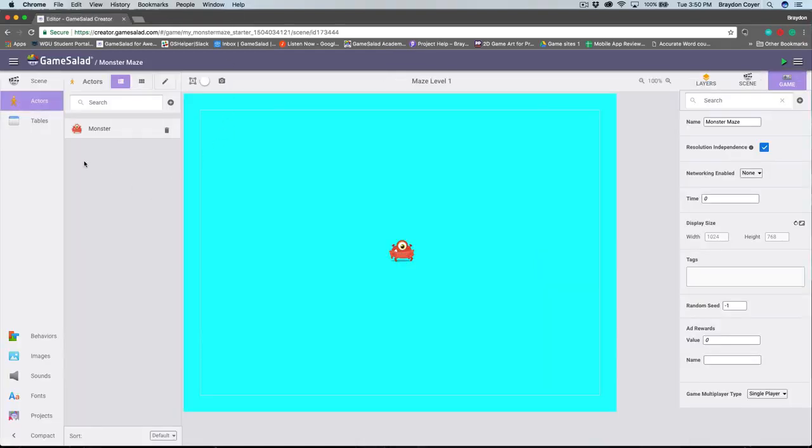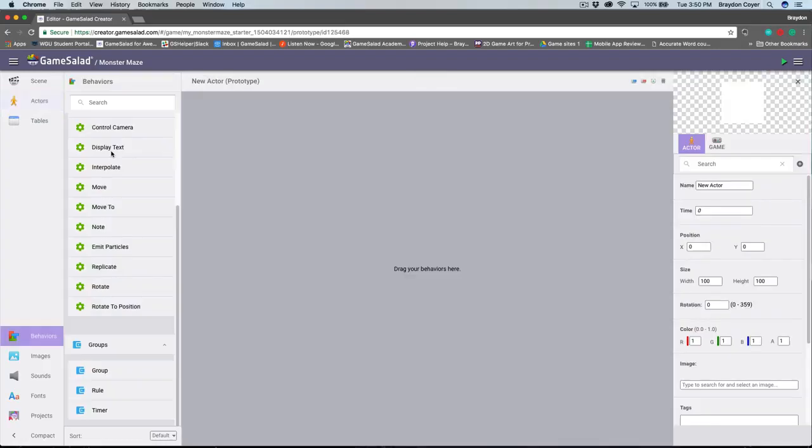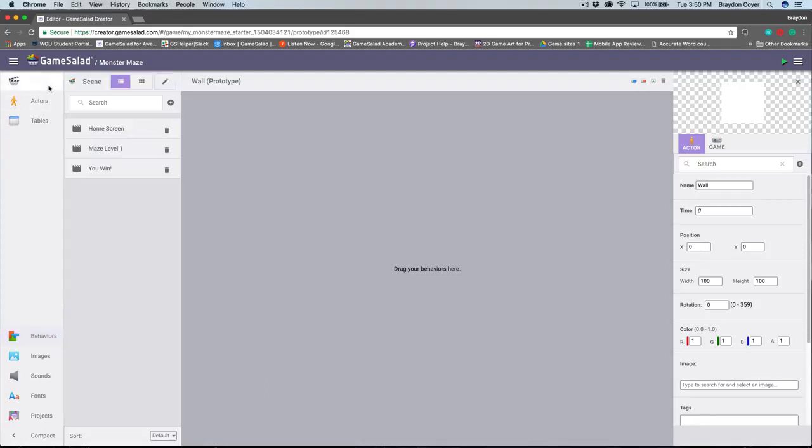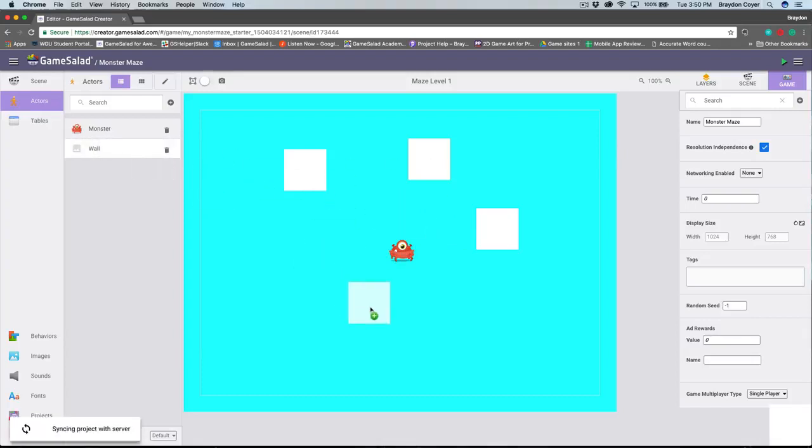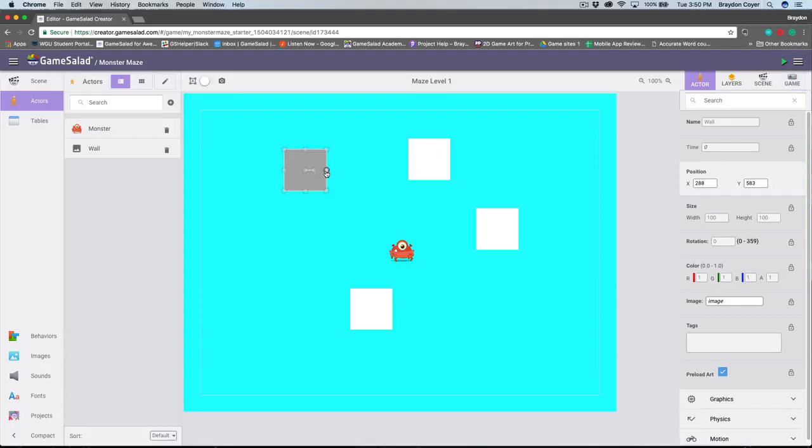Inside of the Actors tab, I'm going to create a new actor, and this is going to act like our walls for our scene. I'm going to click on this actor, and I'm going to rename it Wall. Now I'm going to go back to our scene and drag our walls onto the scene. I'm going to drag 4,